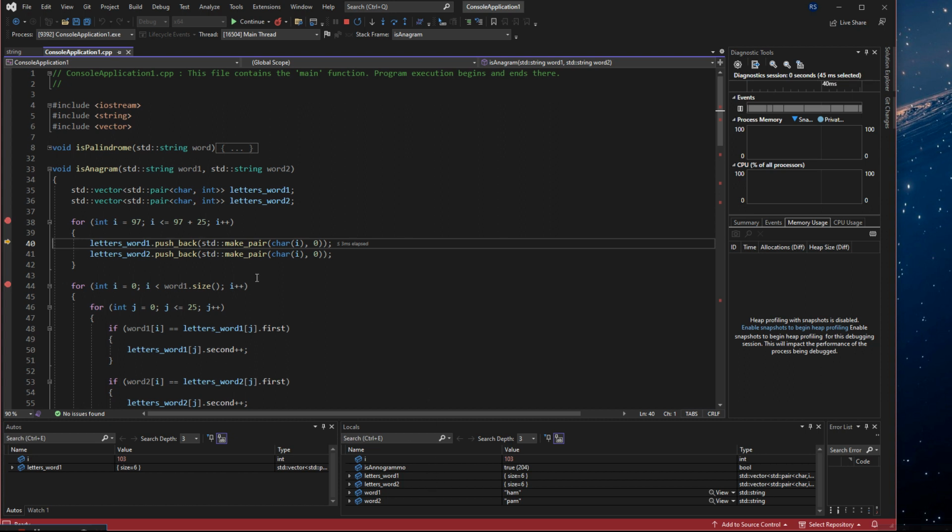But it's also nice because if we hover our mouse over certain variables, we can actually get a whole bunch of information just by hovering over. We can see that the size is 6 at these indices. We have these ordered pair objects that are being pushed into this letter word. And now there are, like I said, 6 of them, and we can look exactly what's happening underneath the